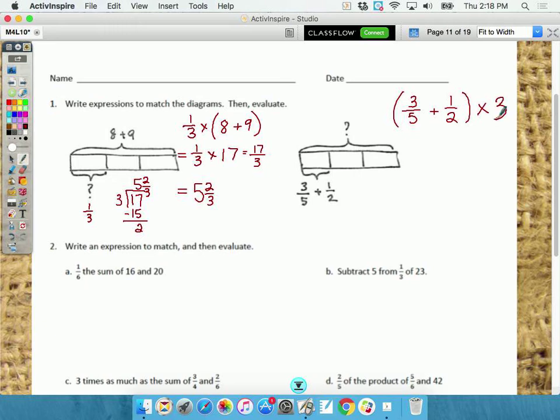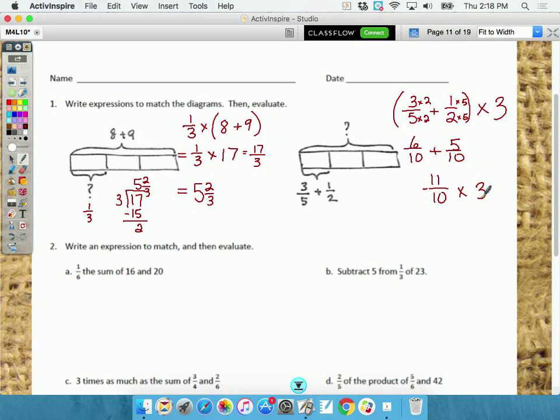Would it be wrong if you put the 3 at the beginning? No. Okay, so what's my common denominator here? 10. 5 times what equals 10? 2. 2 times what equals 10? 5. So I have 11/10